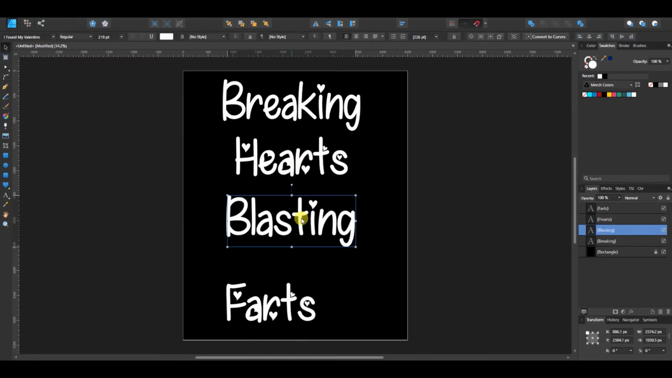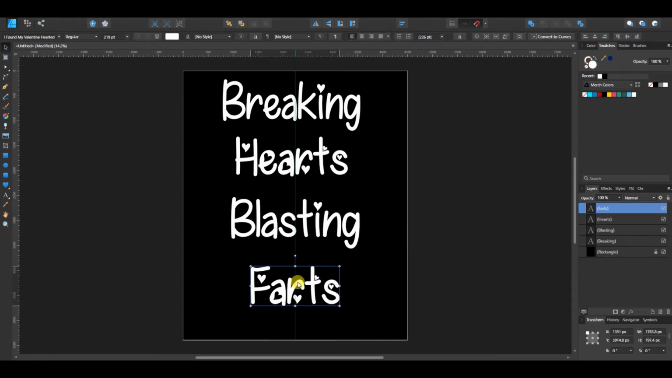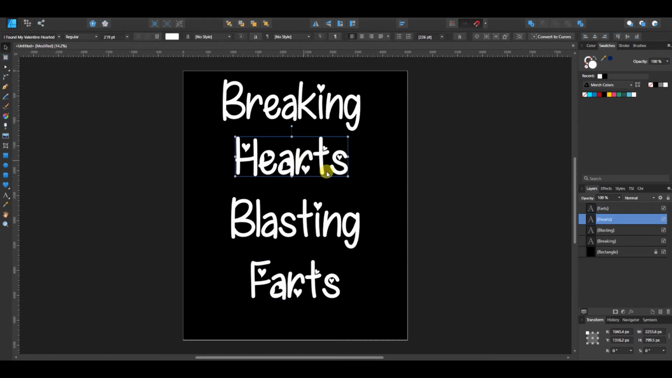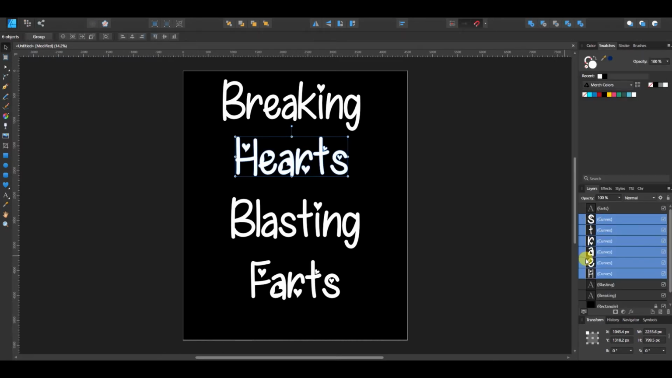Okay, so it's technically the same font all the way through, except the heart one has these. But that's kind of boring, and who likes boring? I'm going to convert these to curves, then ungroup them. Okay, now if they're ungrouped, this is going to seem weird. I'm going to add them back together,